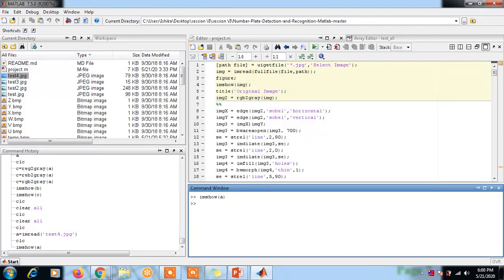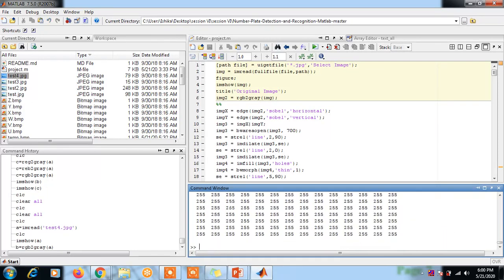Next function is rgb2gray. So I will write B = rgb2gray in brackets A. It will convert that image into grayscale.